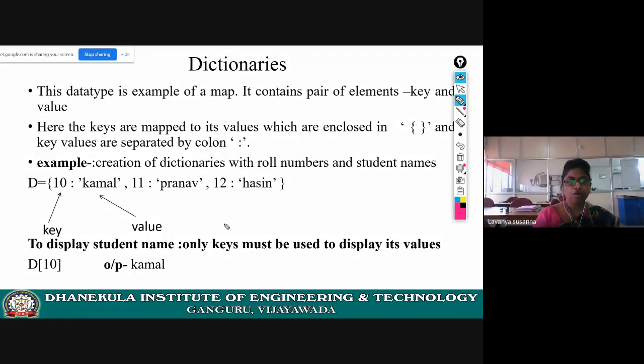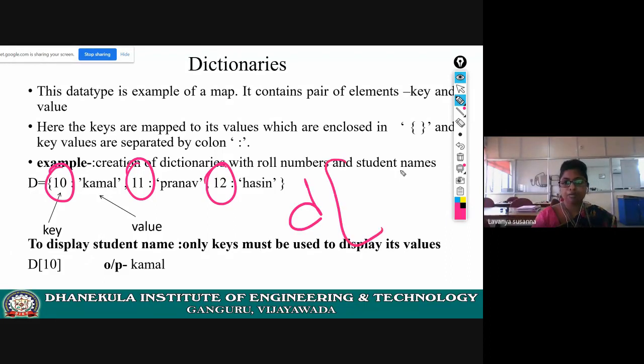Now, if you want to display a value, for example, think that 10 is a roll number, 11 is a roll number, 12 is a roll number, and the value is the name for that roll number. Now, if you want to display the name for roll number 10, just use the variable name D, then an open square bracket, close square bracket, and give only the key.